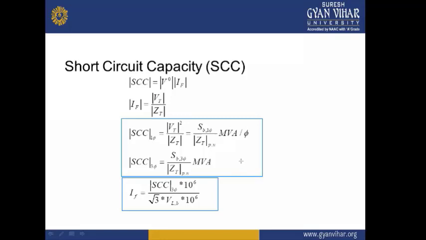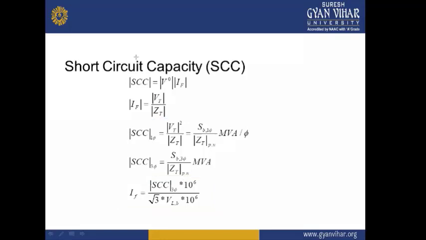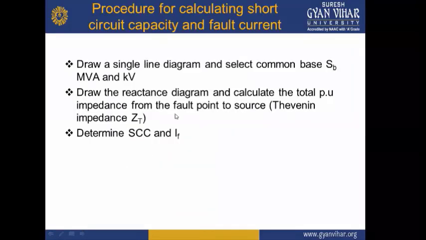Another thing, it's the procedure for calculating the short circuit capacity and the fault current. Now we have understood what the short circuit capacity is and what the fault current is. Now how to calculate the short circuit capacity and the fault current? What is the procedure and how can we effectively and accurately attain it? Therefore,